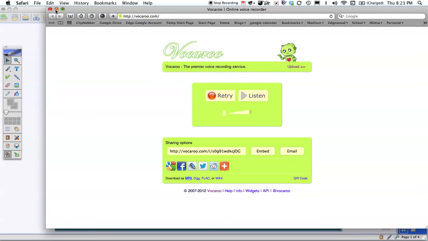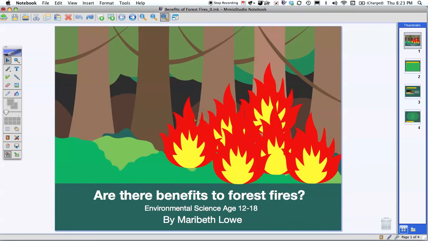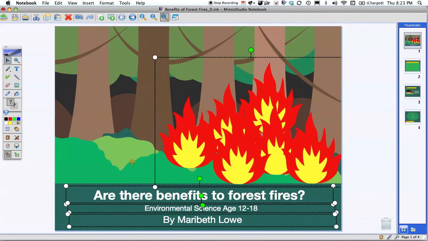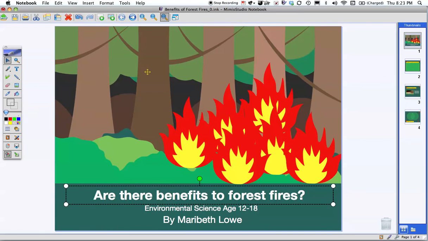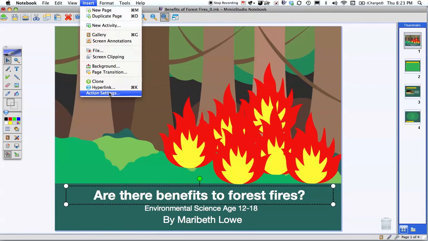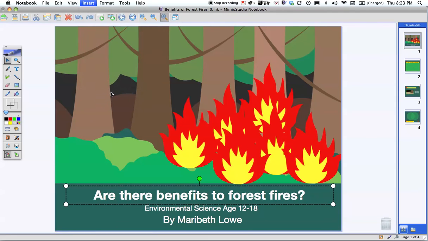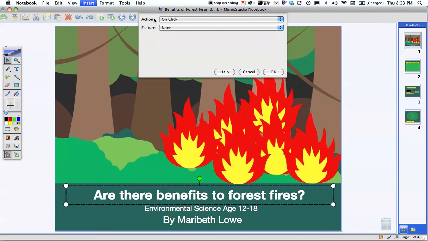Okay, now I'm going to go back to this page. Notice everything's locked, so I'm going to unlock this. I want to click on the title itself, and I'm going to insert an action setting. I want it to perform the action on a click, and the action that I want it to perform is to play a sound.